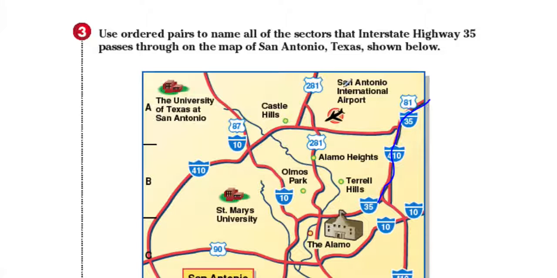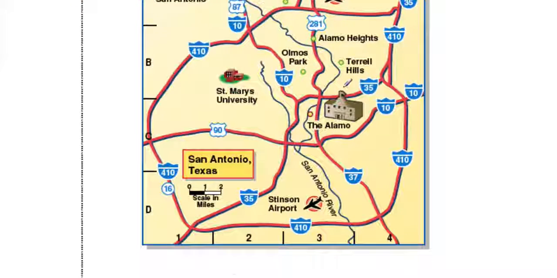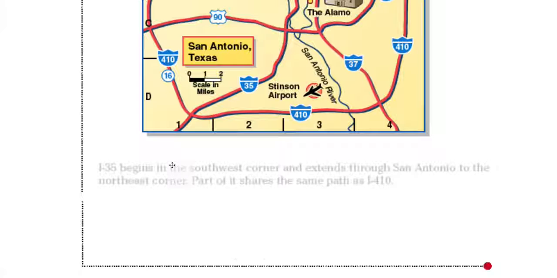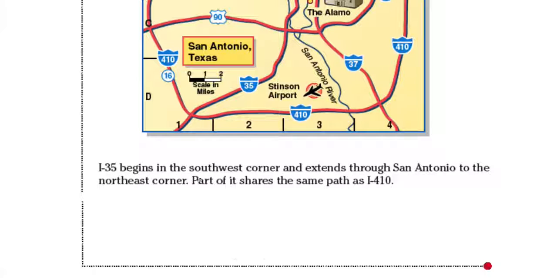So it's asking, use ordered pairs to name all of the sectors that Interstate Highway 35 passes through. So let's analyze this problem. Since we know where Interstate 35 is, I-35 begins in the southwest corner, right here, and extends through San Antonio to the northwest corner. So part of it shares the same path as